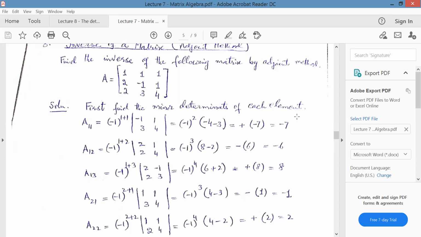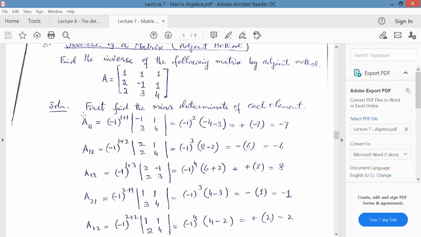First find the minor determinant of each element. यहाँ पे 9 elements आप देख रहे हैं in the matrix. So you'll be finding the minor determinants of each element. देखिए कैसे लिख लेंगे. पहले element के लिए लिखे पहले -1 and 1 plus 1. This will be calculating the positional sign.